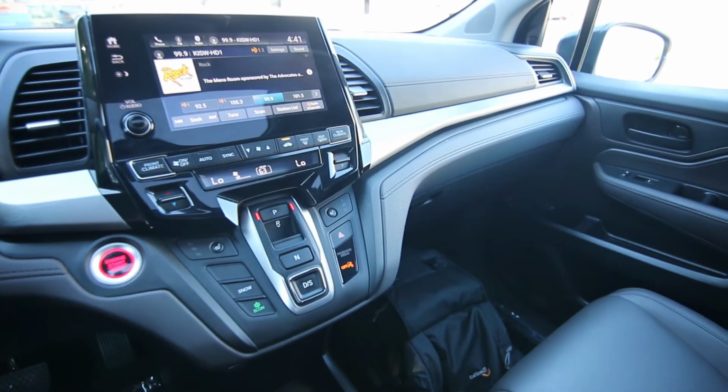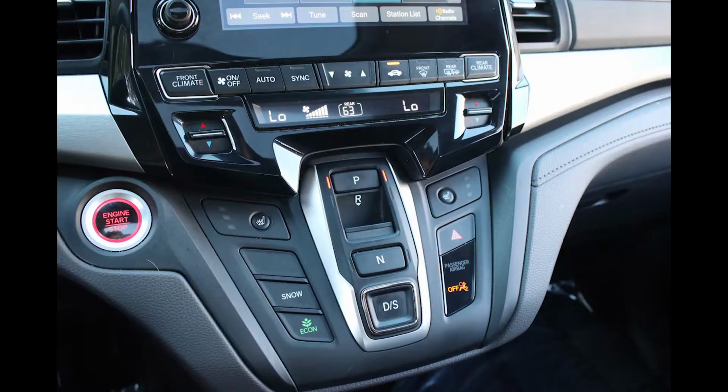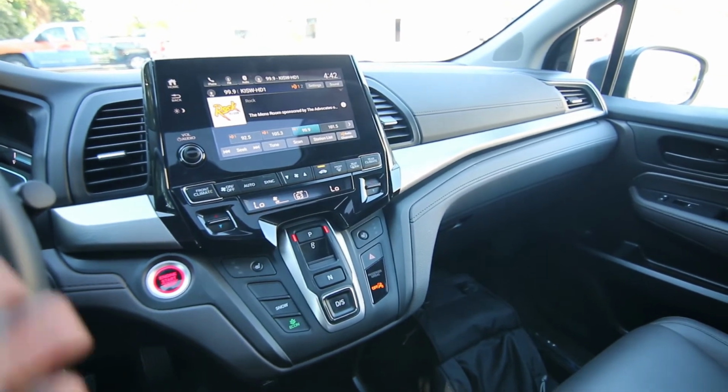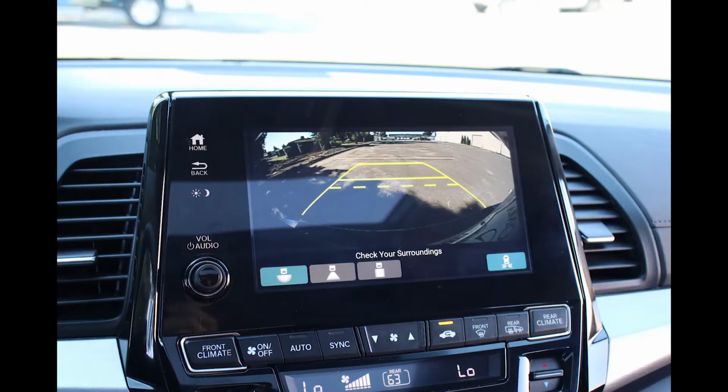Unfortunately, or fortunately for me, I have a pretty active lifestyle. I moonlight as a musician and have a band, so I need that big van to move around band equipment. But maybe if I didn't need to move around band equipment, a minivan would probably work for me as well. But going back to this,